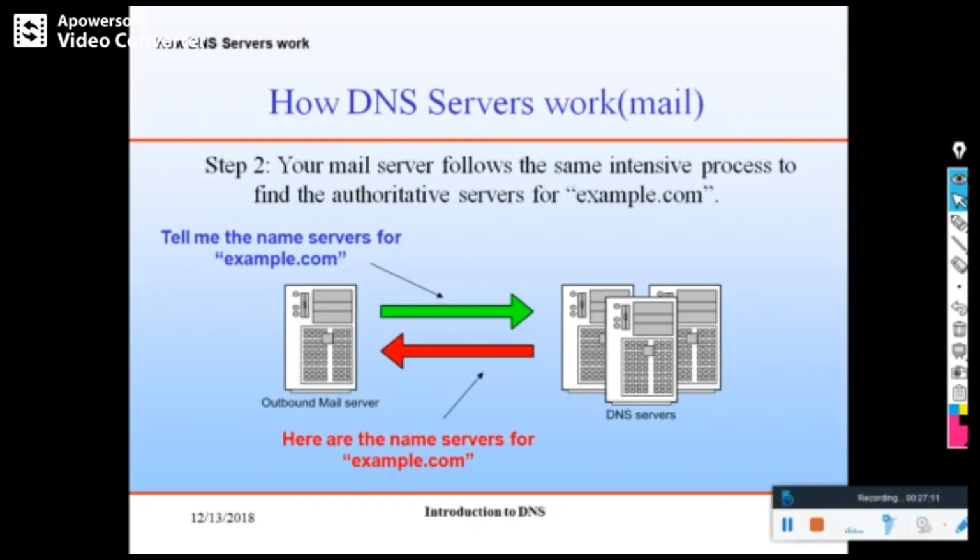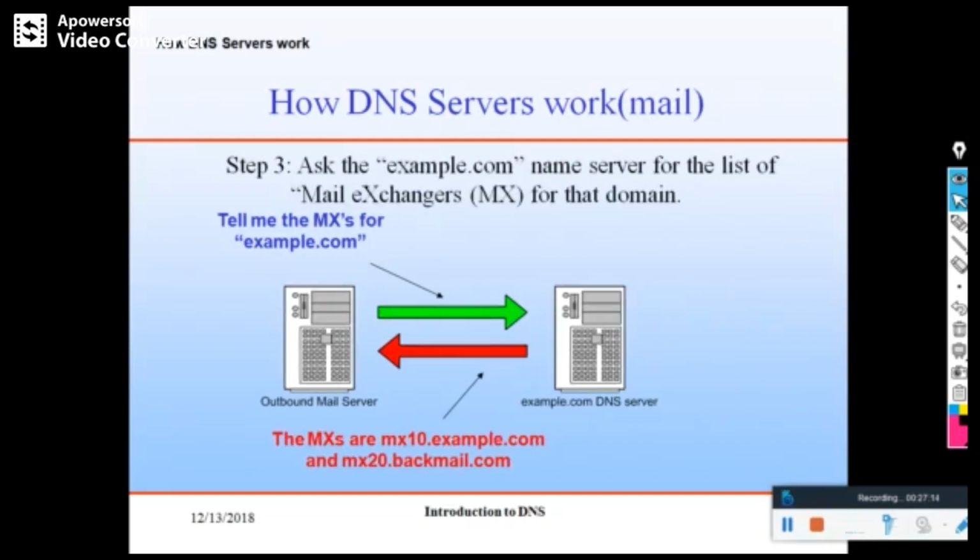If the ISP DNS server doesn't know, then it will ask the root DNS server, and the procedure follows as I said earlier. Now your mail server comes to know that the mail server address for example.com is mx10.example.com.